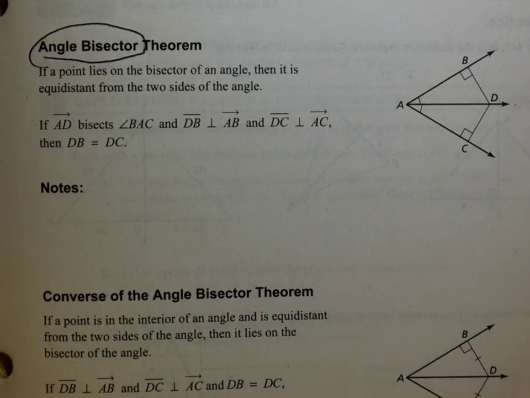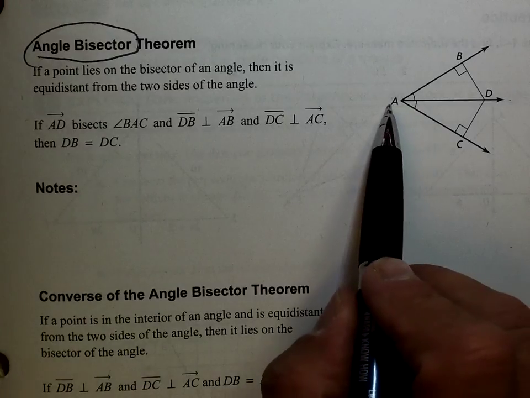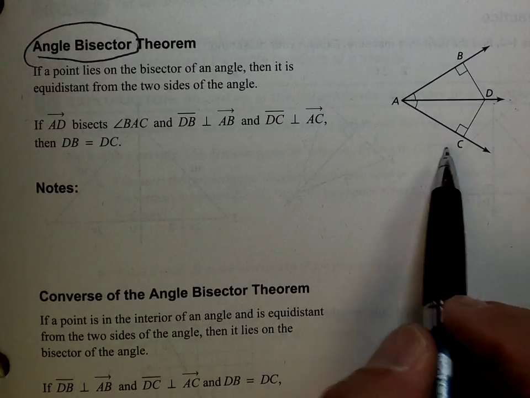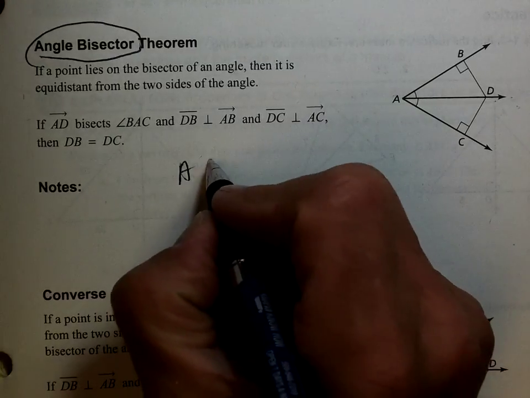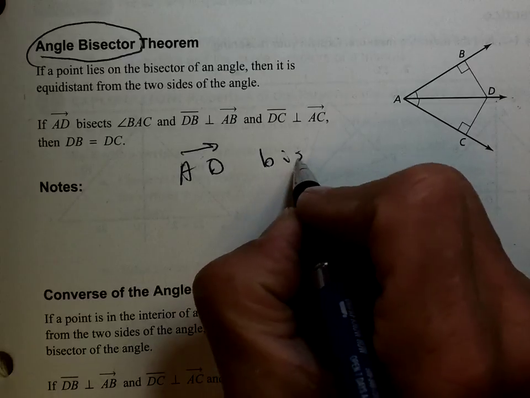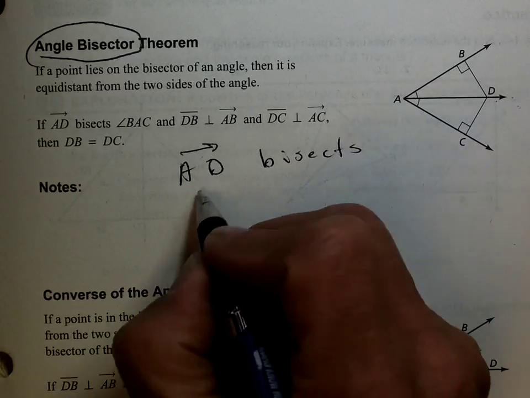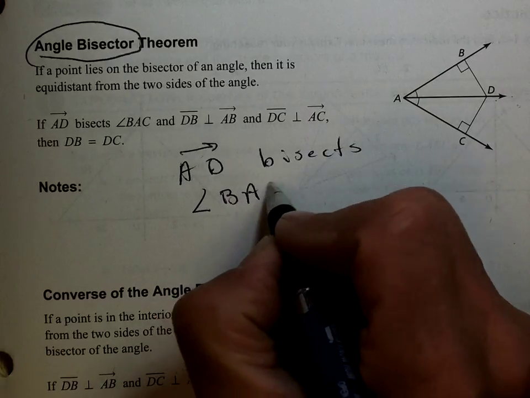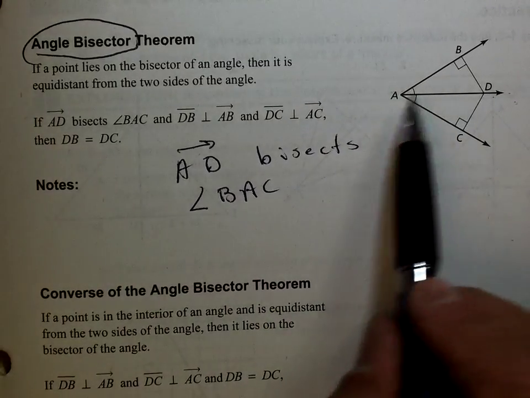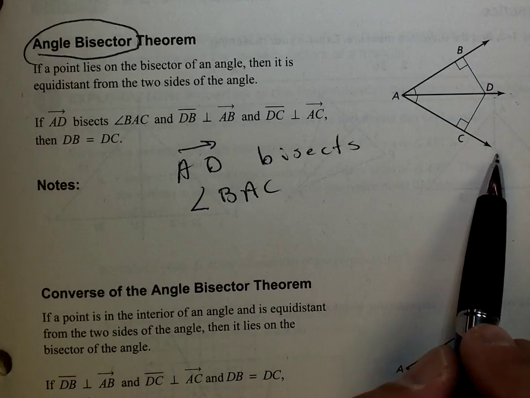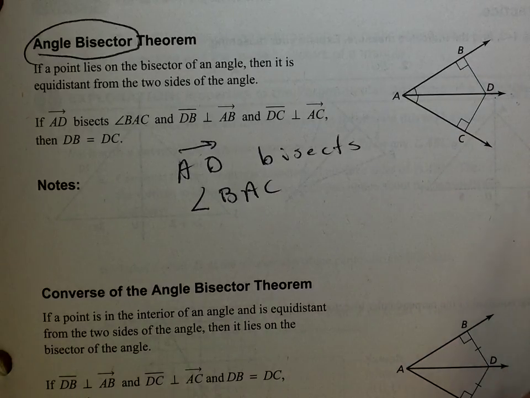AD is cutting this angle in half. So AD bisects angle BAC, right? Okay, AD bisects angle BAC, okay? Then what happens is